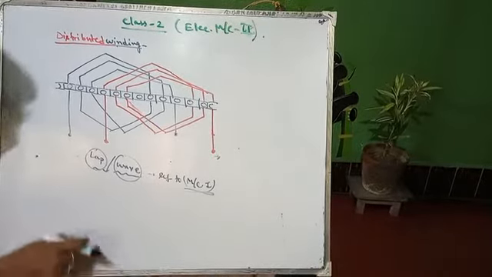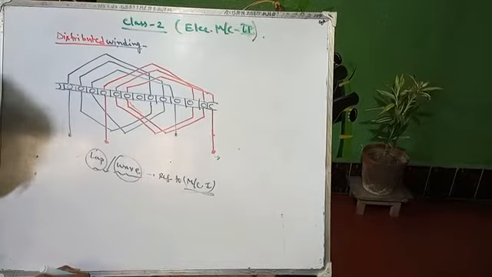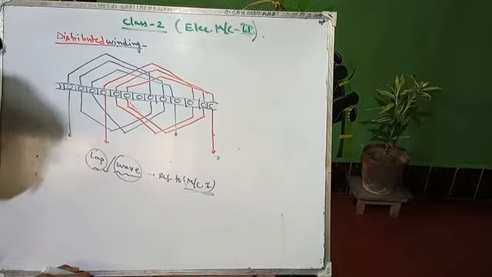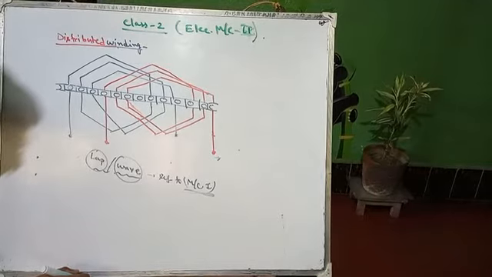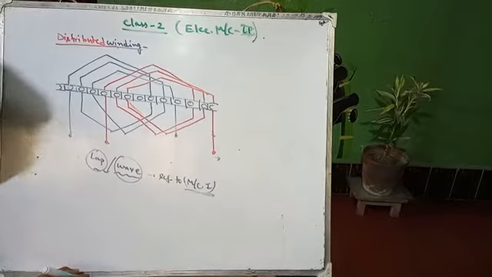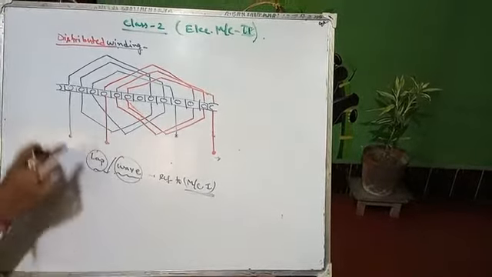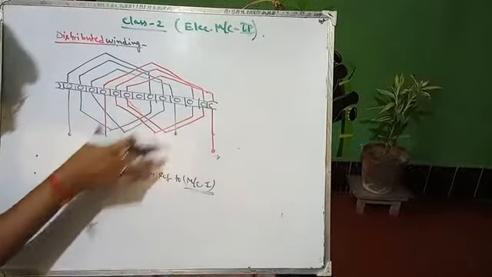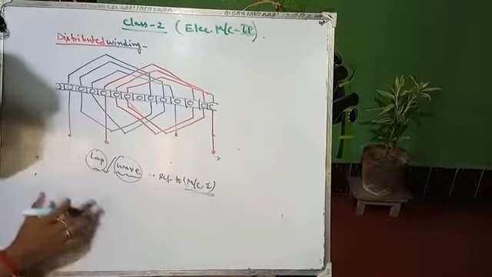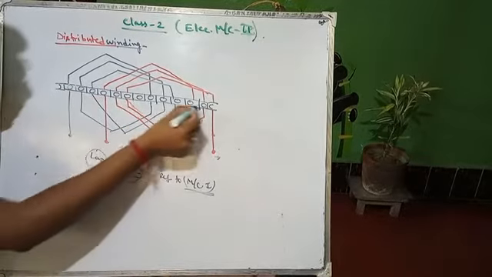Okay, so next point, these coils are then housed in the slots spread around the air gap periphery to form phase or commutator winding. So I have told that they will form some phases, right? So these coils are then housed. This is the housing of the coil.